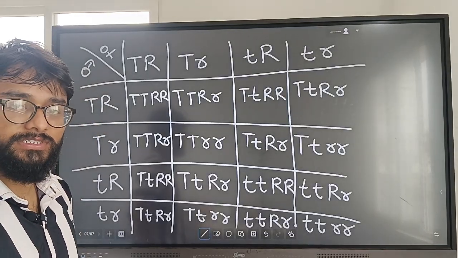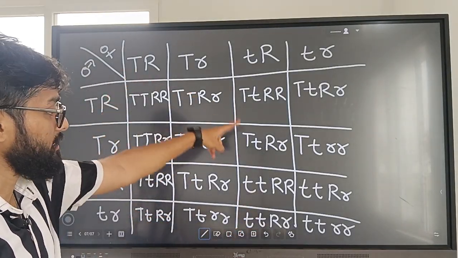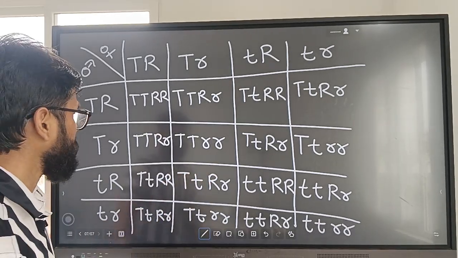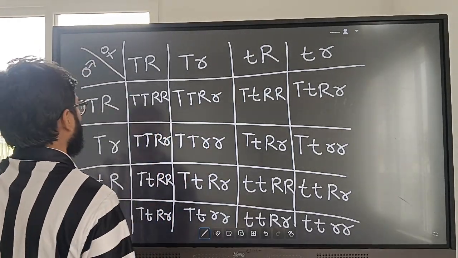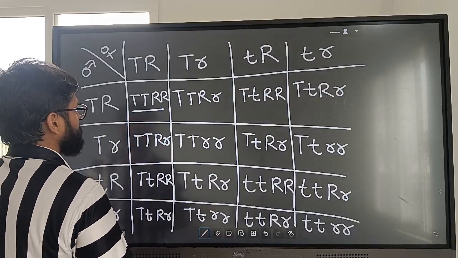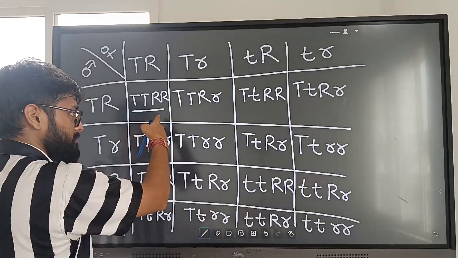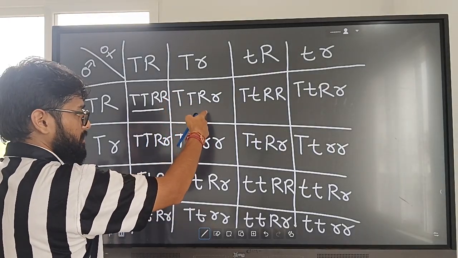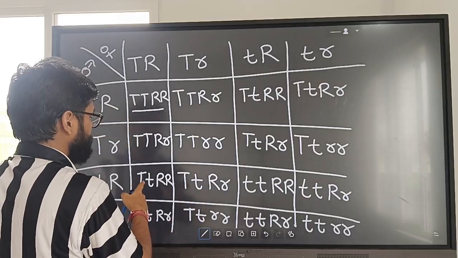These are the possible combinations that you will get from a dihybrid cross in F2. Looks complicated, it's actually not. What happens when you first start to decipher this? This is homozygous tall and round. This is tall and round, this is tall and round, this is tall and wrinkled, this is tall and